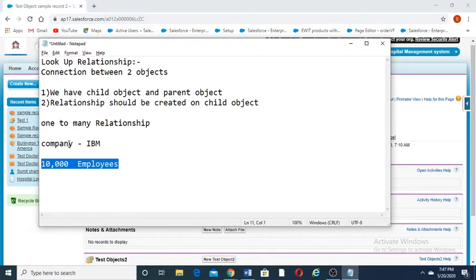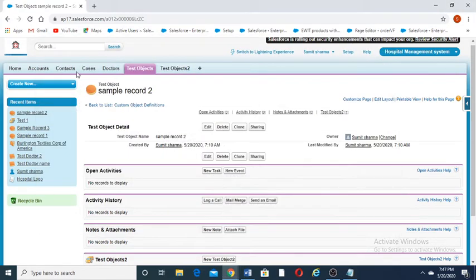Now let me consider the example of account and contact. One account and many contacts. The account can be IBM, Infosys or Wipro, any company, and contacts are the employees associated with that company. So it is a one to many relationship or a many to one relationship.